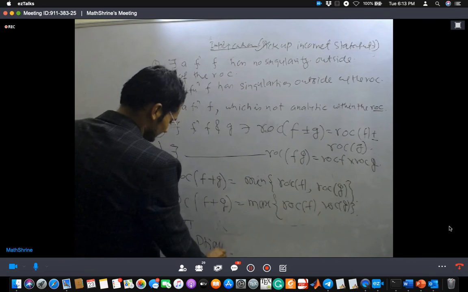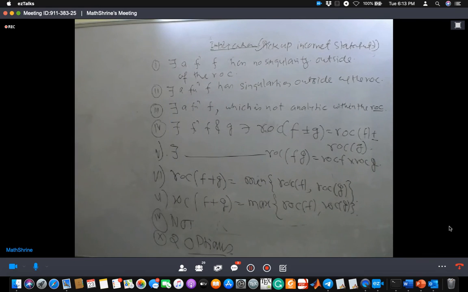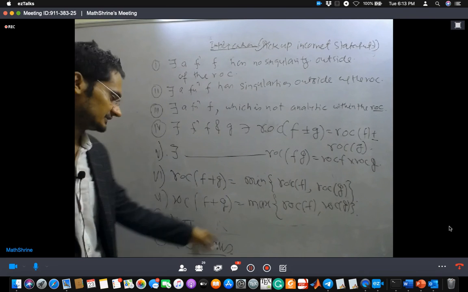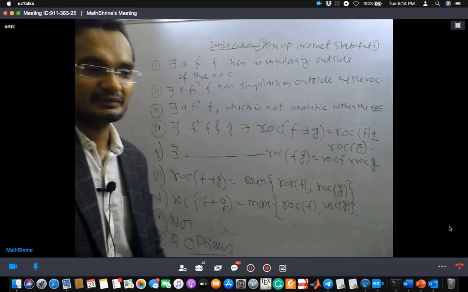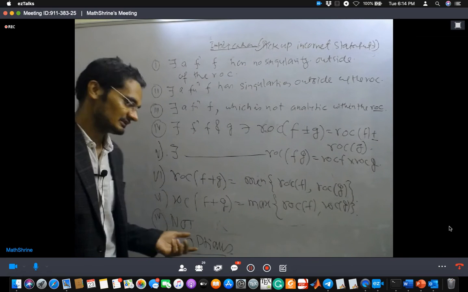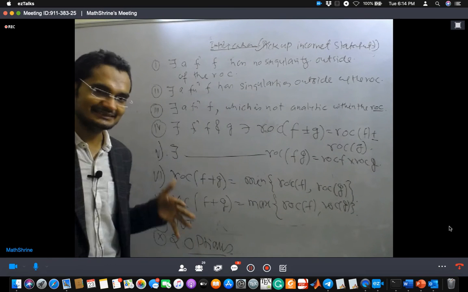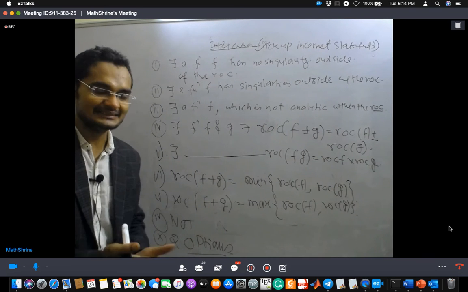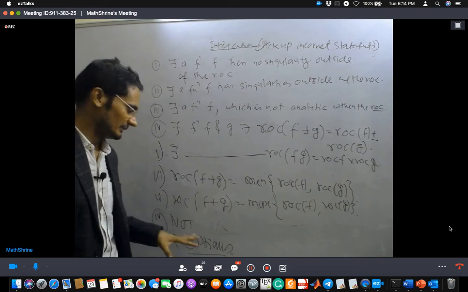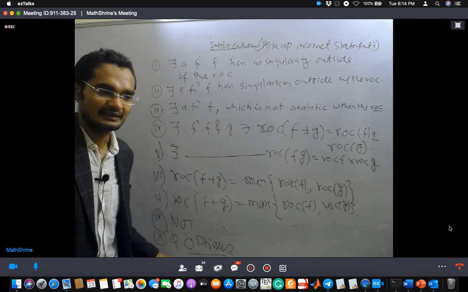Similarly, if you want to crack the exam, if you want good marks, if you want a good rank, please learn how to write it, or how to imagine it. Imagination is very important. It will help you find out the answer also. Okay, let's see, I have so many replies.